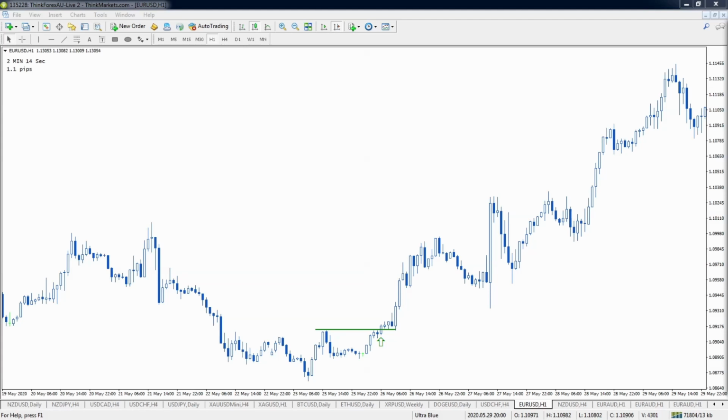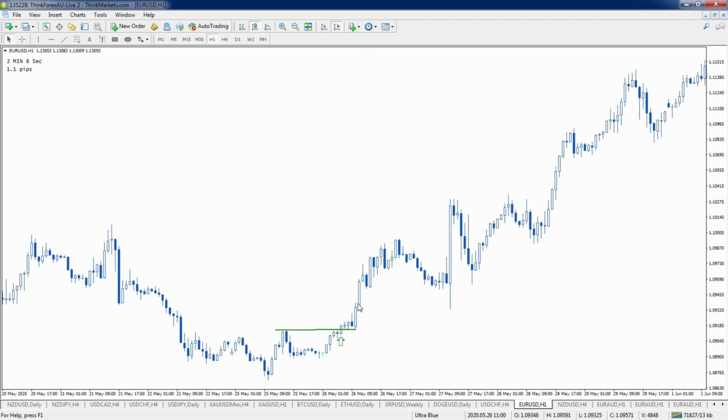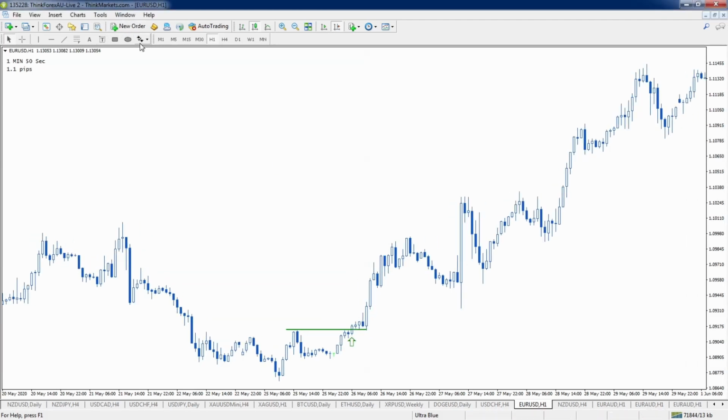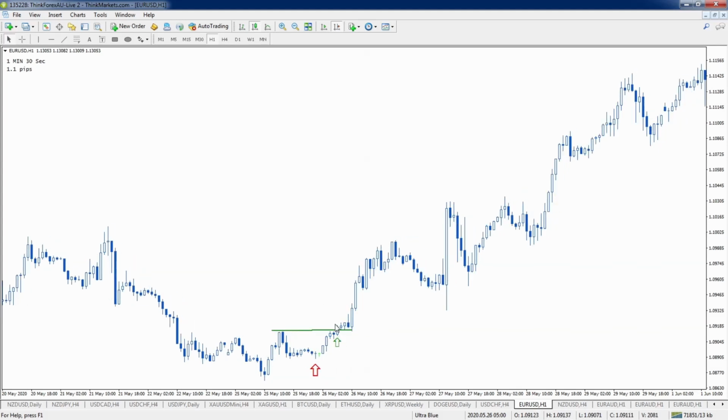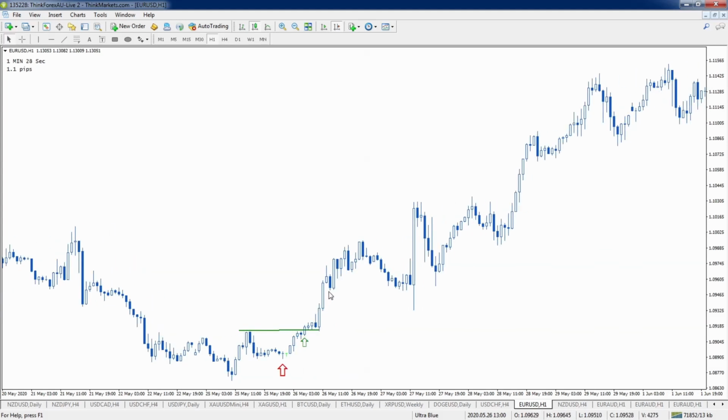Now, the first thing we're going to do is be looking at an entry. So we've got our entry here, and this is where we get into a long trade. So our stop loss would go just underneath the swing low. So I want to put this arrow to show us where the stop loss would go. Now the market has moved. Our entry level is here. Market has moved up and it's made its first pullback.